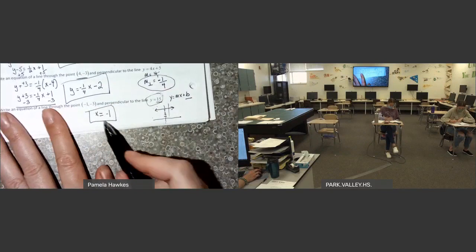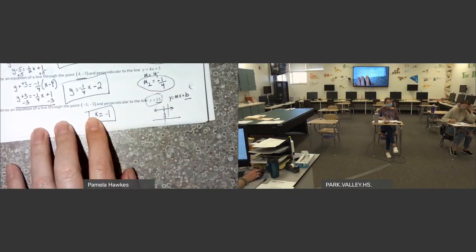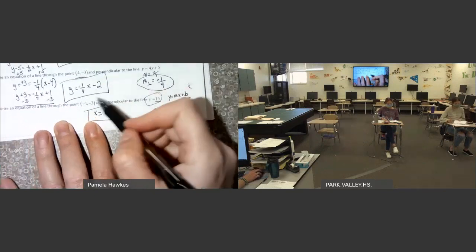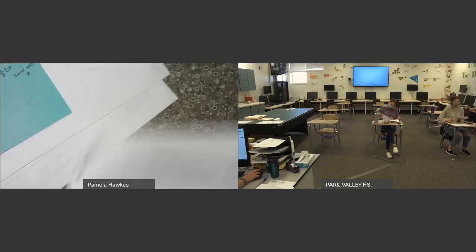What if it gave me a vertical line to start with? The perpendicular line would be what? Y equals. And then I would look at what the y value would equal, and that's how I write the line, right? Okay, so today you're going to do 9 through the end